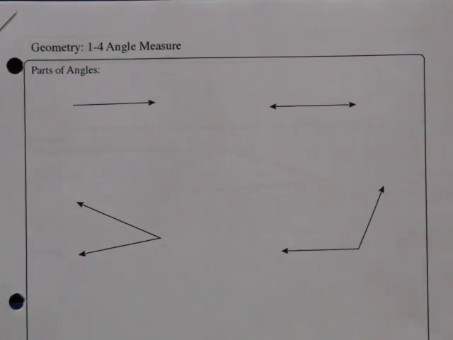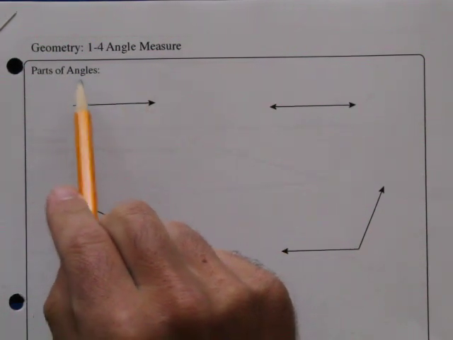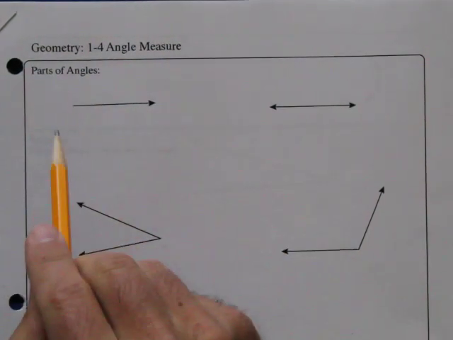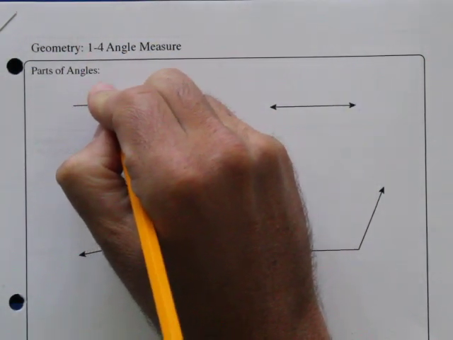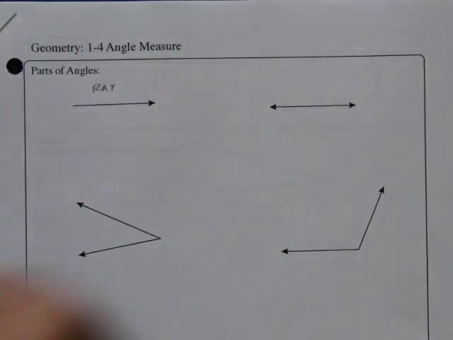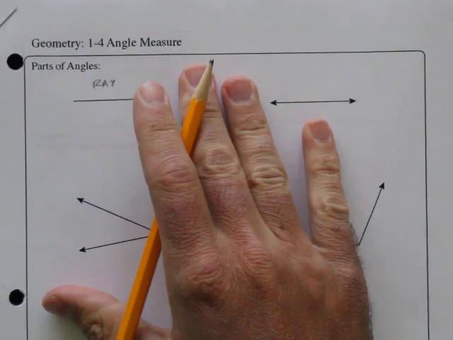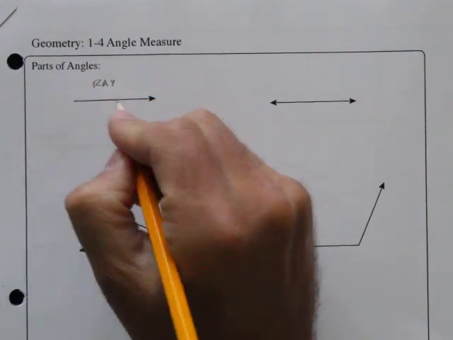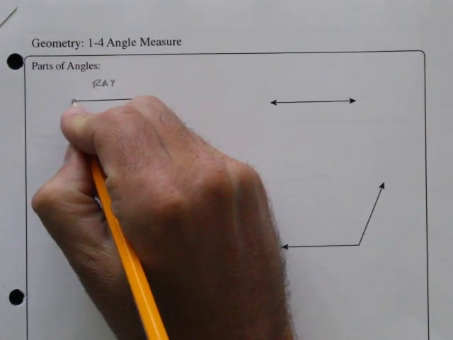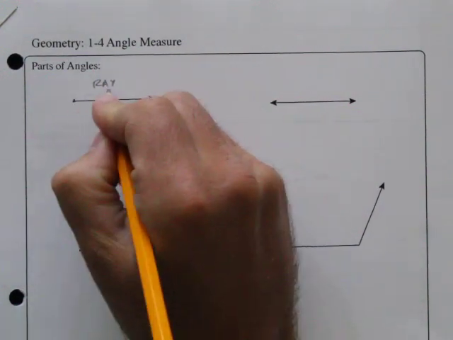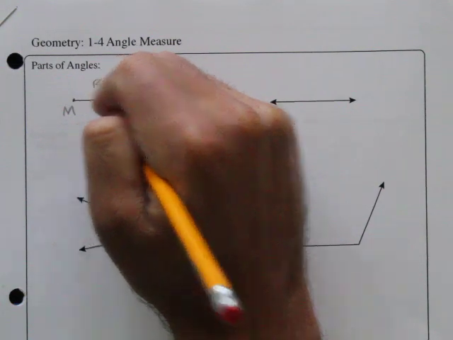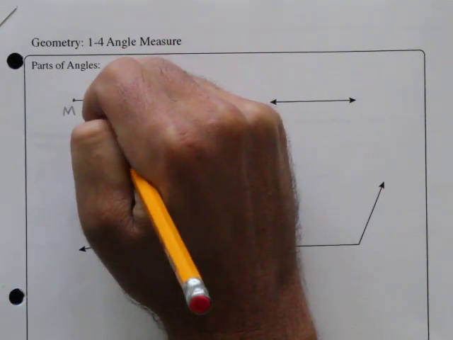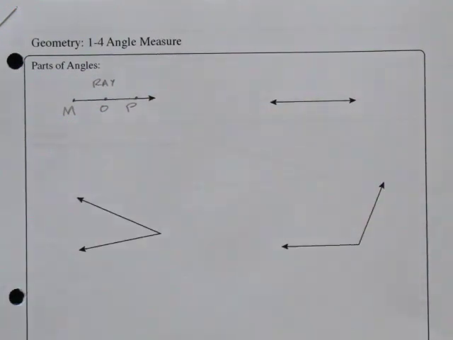1-4, angle measure. So before we get too deep into angle measure, we're going to talk about the parts of angles first. So this guy here, this is called a ray. And a ray can be named in a few different ways, but one thing that's important about a ray is it starts at one point. And for this ray, this is going to be point M. And then we're going to put a couple other points on here to use for reference, point O and point P. And so we can name this ray,